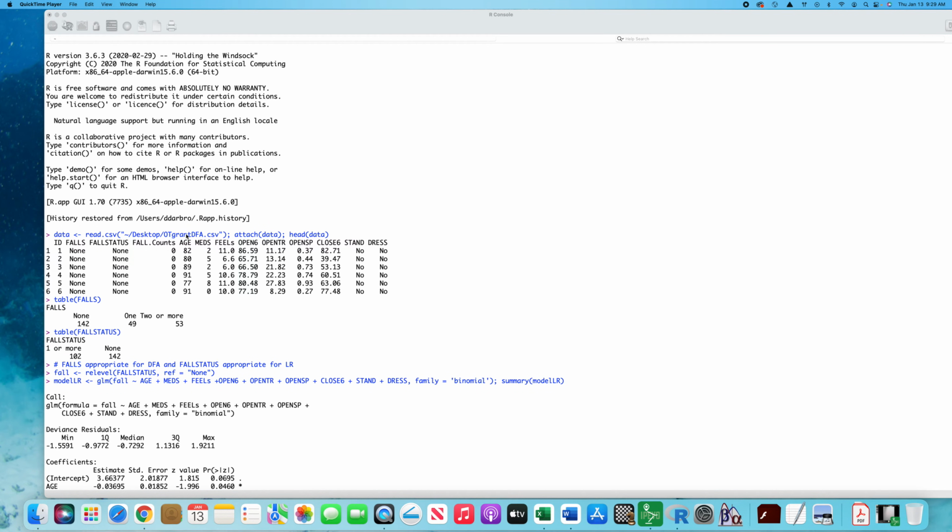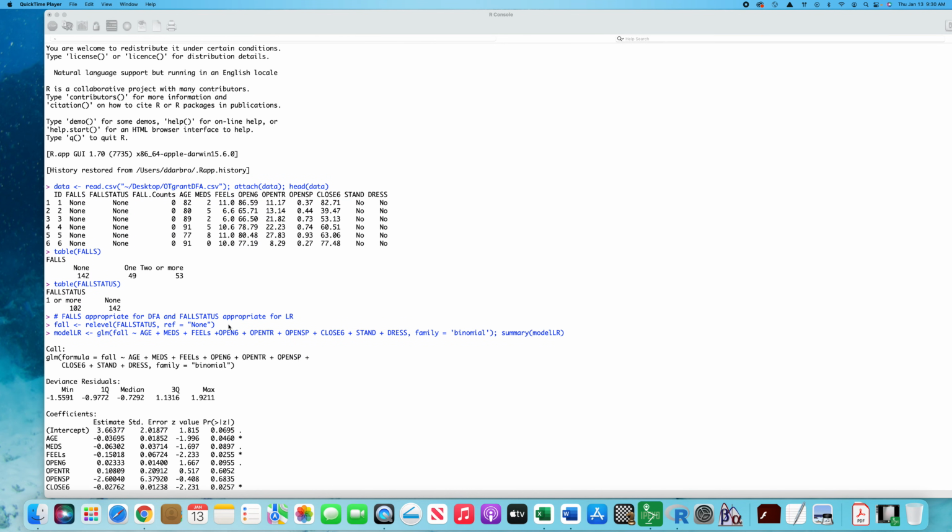We've used this OT grant data set, and I've renamed it a little bit, just OT grant DFA for discriminant function analysis. If you remember, in one of the previous lessons on logistic regression, we ran a backward elimination model, and the variables that were retained were age, meds, and just the ones that are listed here. So what I did when I agreed to analyze the data for this grant,